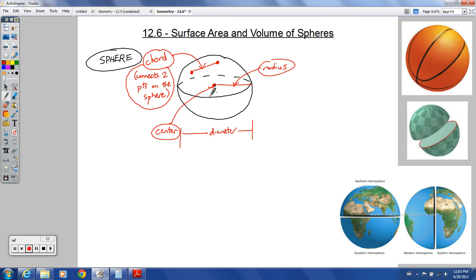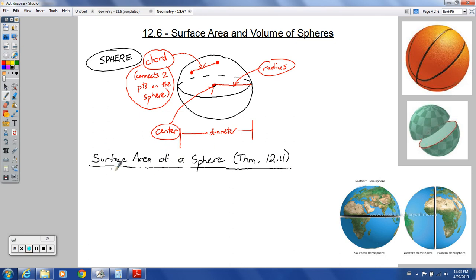And I think that's good in terms of an introduction to the terms of a sphere. And now a formula. The surface area of a sphere. This is theorem 12.11. We are not going to prove why this is true. I will show you something that helps you remember why it's true. But the proof of this